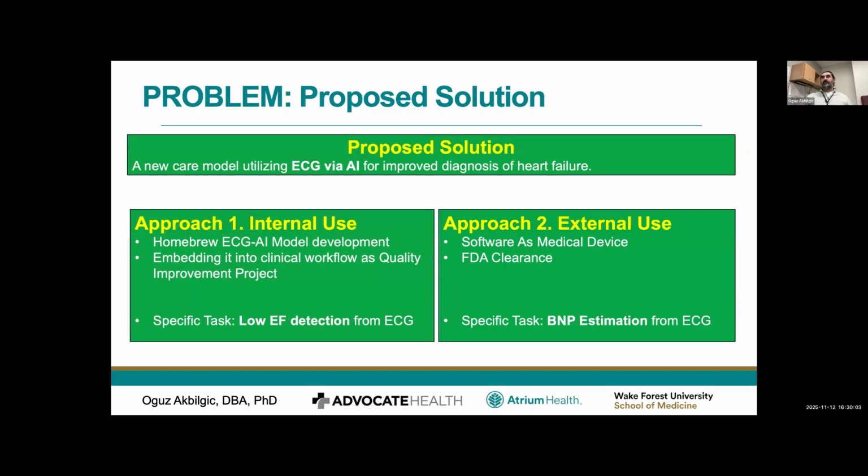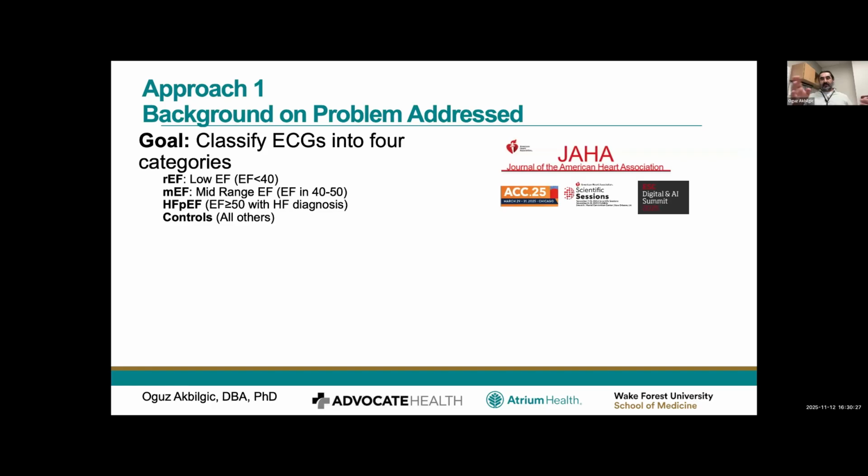The second approach is external. If we want to use it anywhere in the world, we need to go to the regulatory space and get FDA clearance. In this domain, we want to do this through BNP estimation from ECG. BNP is a lab test, a blood test that shows the severity of heart failure or the existence of heart failure. Let me start with approach one, which is the homebrew model development and